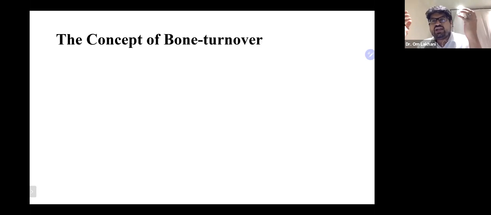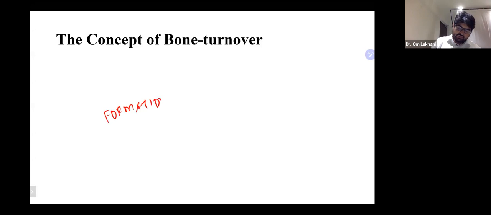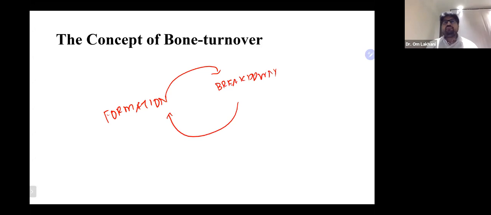Or you can say, glass half full or glass half empty, that every day we live, we inch one day closer to our ultimate death. In the same way, like life and death are interlinked with each other, bone formation and bone breakdown are interlinked, right? It's like chicken and egg. Bone formation produces bone breakdown, which produces bone formation. So this is the bone turnover, or the bone cycle.